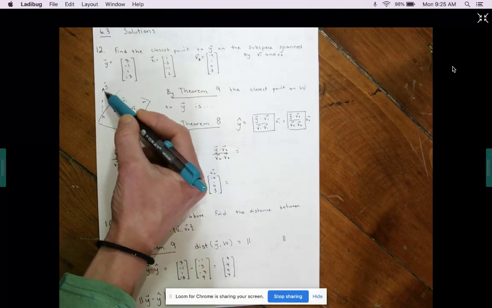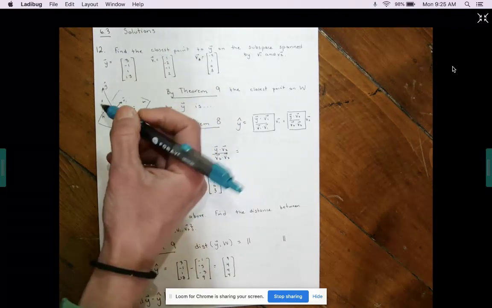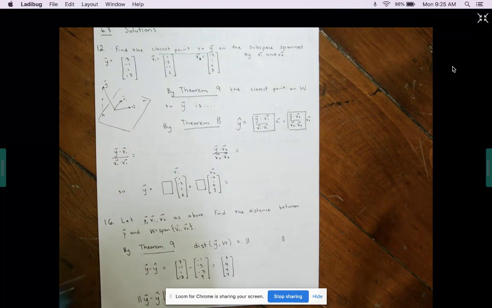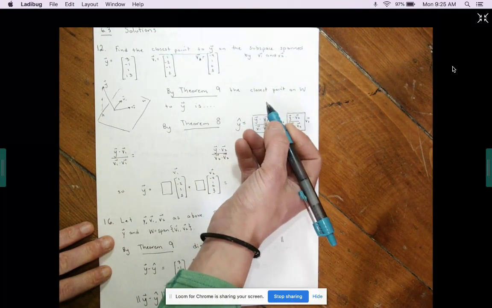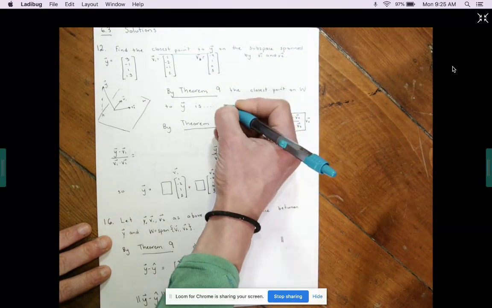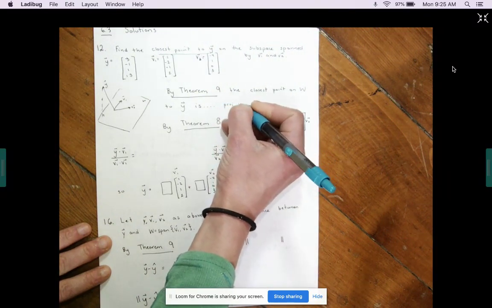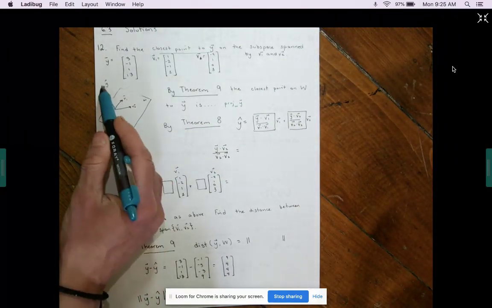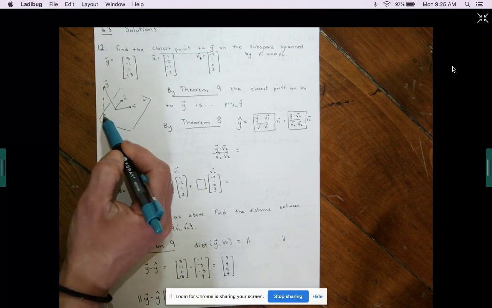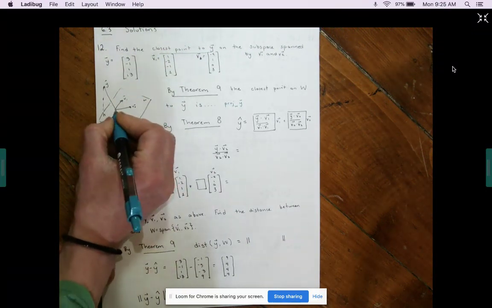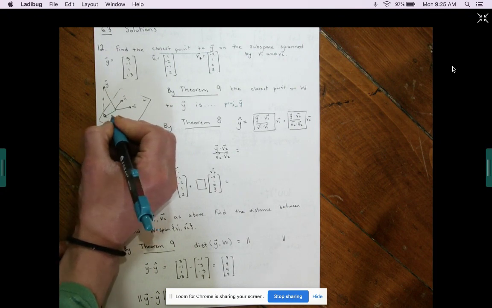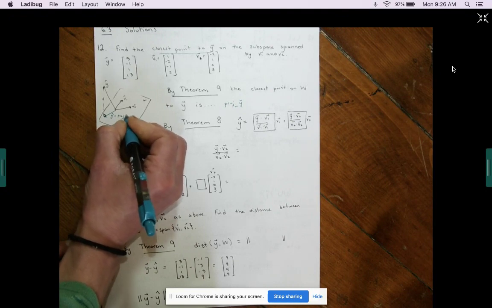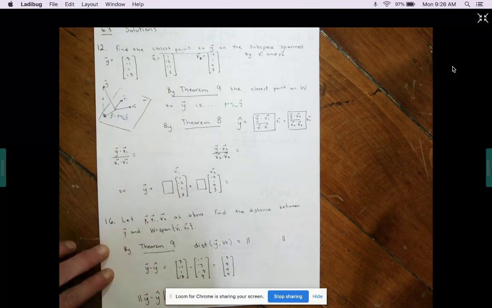We're assuming that y is probably not on that subspace, and so we're looking for the closest point to y on this subspace. So by Theorem 9, the closest point on W to y is the orthogonal projection of y onto W. And so basically what that means in the picture is from y, we go down to W in a way that will meet it orthogonally. And this vector is the one that's called y hat, which is the orthogonal projection of y onto W. It's in W,